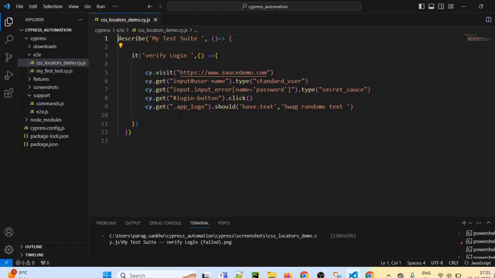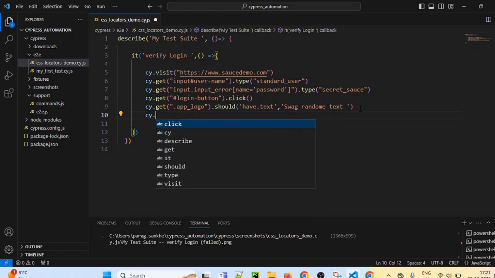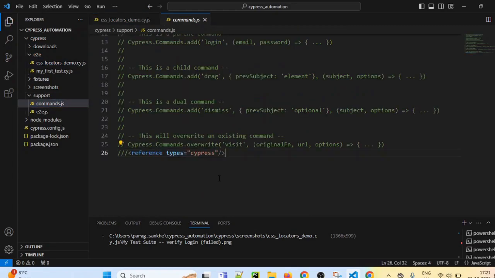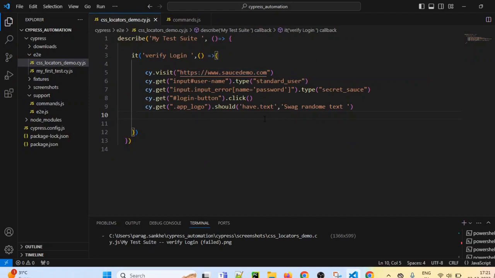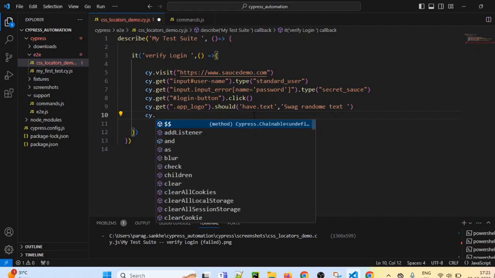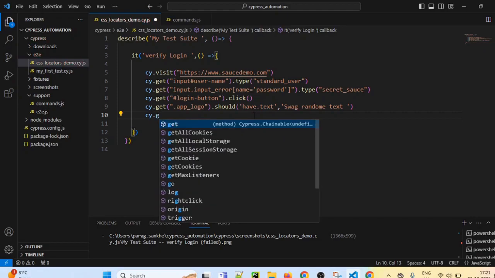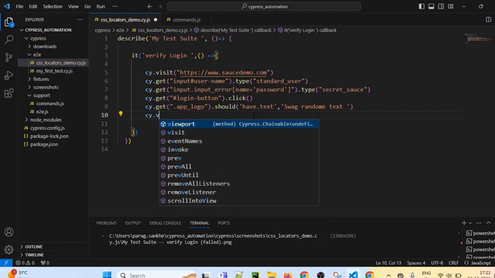Even now if you see, we can get all those suggestions with cy dot, all the methods, all those things we can access.